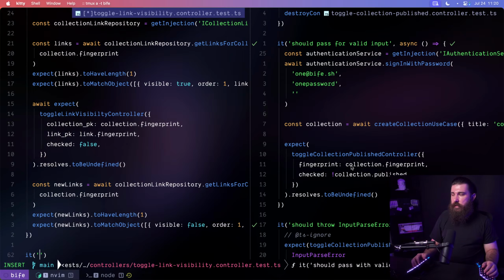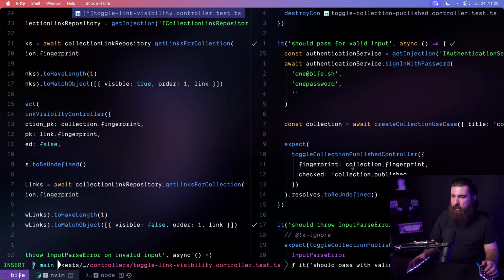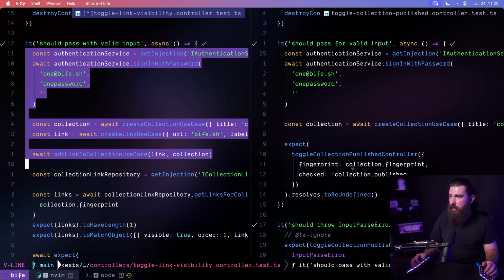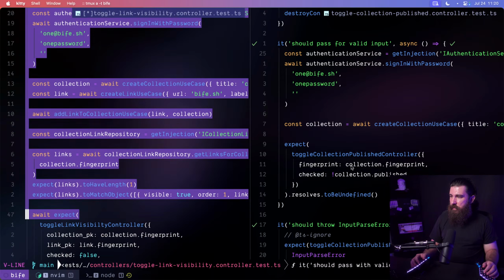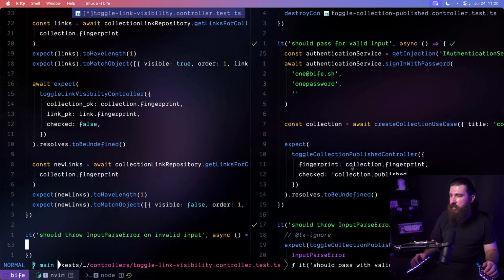Let's do the next one. It should throw input parse error on invalid input, right? And this is again going to be async because I need to be creating a whole bunch of things. So I'm gonna grab the top of this test until, and I'm also gonna grab this one as well. Do I need to? No, I don't need to. I just need to say expect toggle link visibility controller